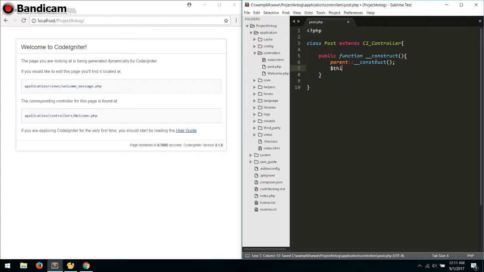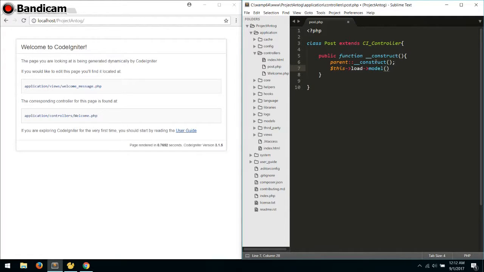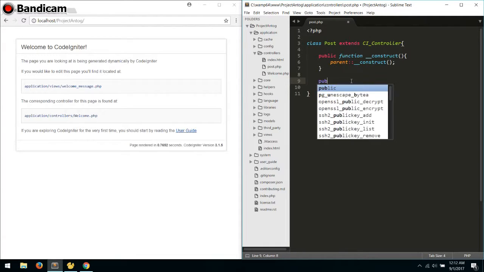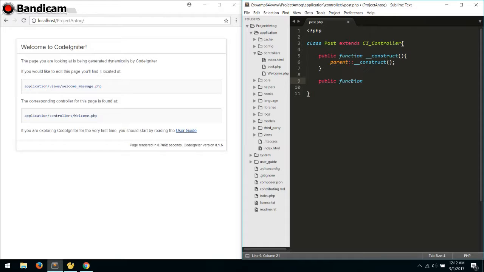For example, I'm going to load our model here. This is where we put that, but we will do that later. Our first function is to show our index file for this controller. To do that, we write public function index, and then to view a page,